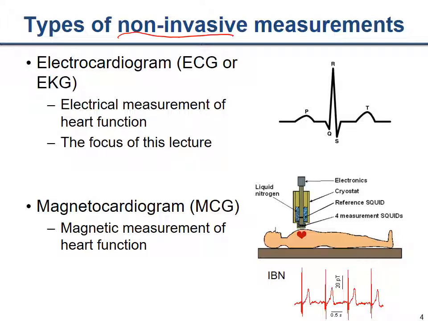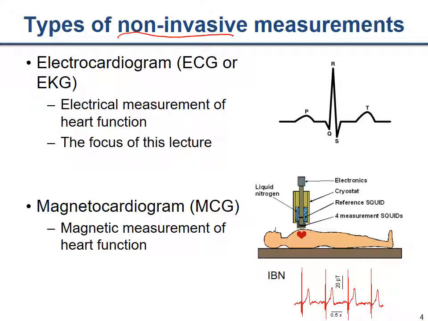I want to just briefly introduce some of the other modalities that we may consider measuring before getting back to ECG, which we'll talk about in great detail in this lecture. So the ECG is a measurement of the electrical fields that get generated by moving charged particles in the heart. Moving charged particles also generate magnetic fields, and so we can technically measure magnetic fields of the heart. We call this